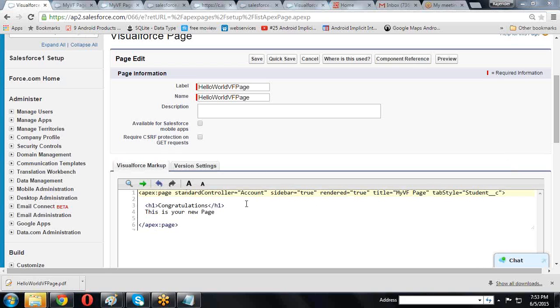So here the standard controller is account, and like this we created the title.